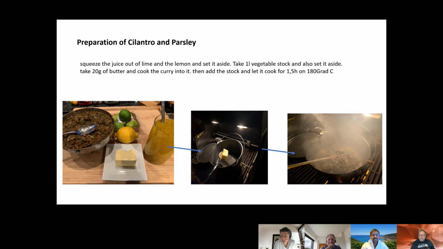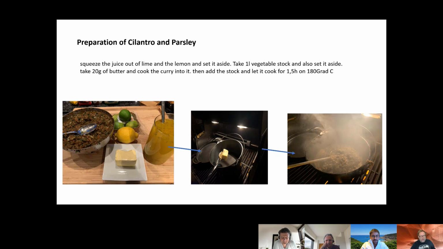Then the important part comes, the cooking. Usually I have a Dutch oven, which is a kind of steel pan that goes on the barbecue. Make sure you heat it pretty nicely. Next to that Dutch oven, you see a little plancha where I prepare the meat. Take a little piece of butter and put it in the Dutch oven until it melts. Then you cook the curry, like you see in the right picture, until it gets nice and well done.